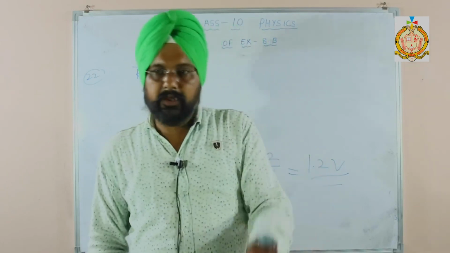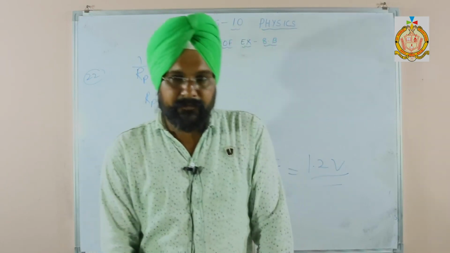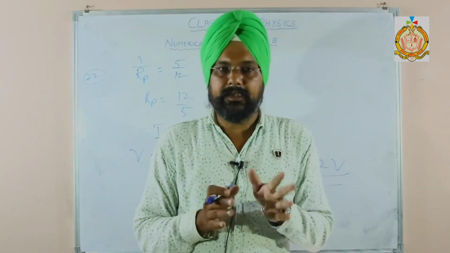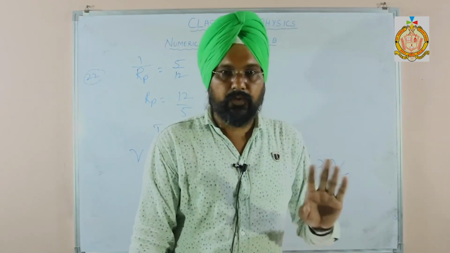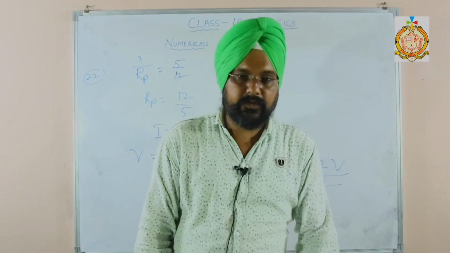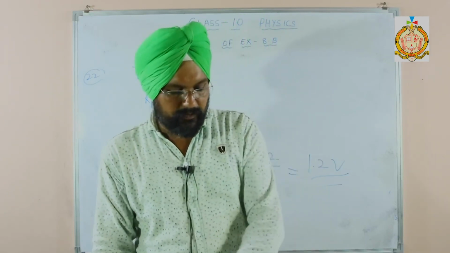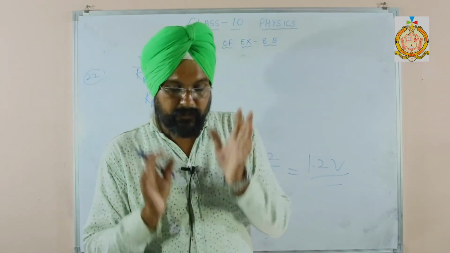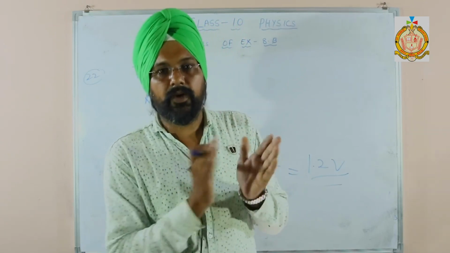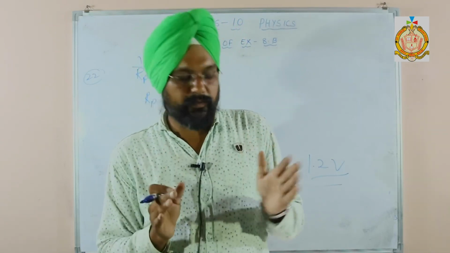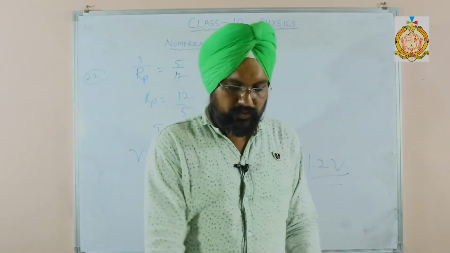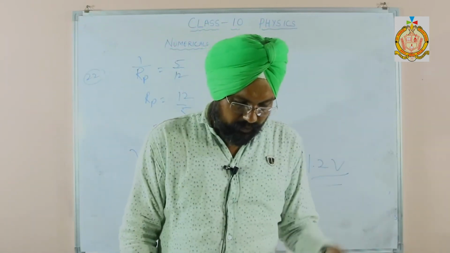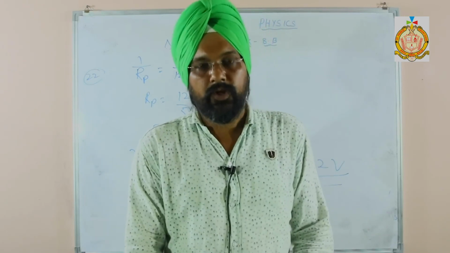So students, all the numericals are like that only. It is a simple numerical that ICSE has asked. Not more than 4 resistors can be joined, and they have asked simple numericals. Especially the example numericals you have to solve in your notebook, as well as these numericals up to the 22nd. 24 numericals you have to solve in your notebooks.